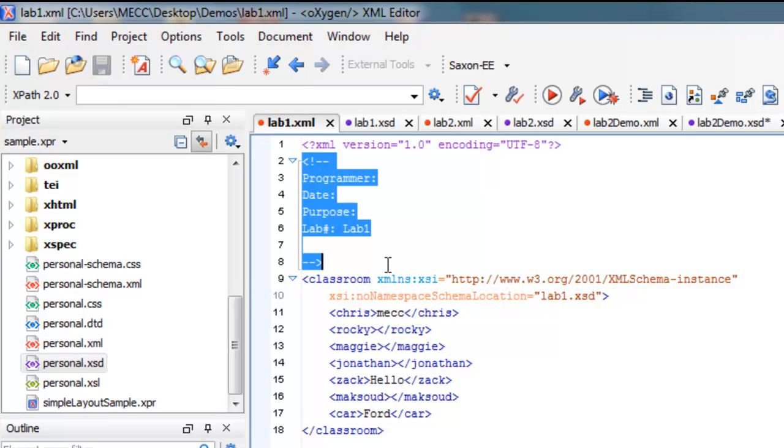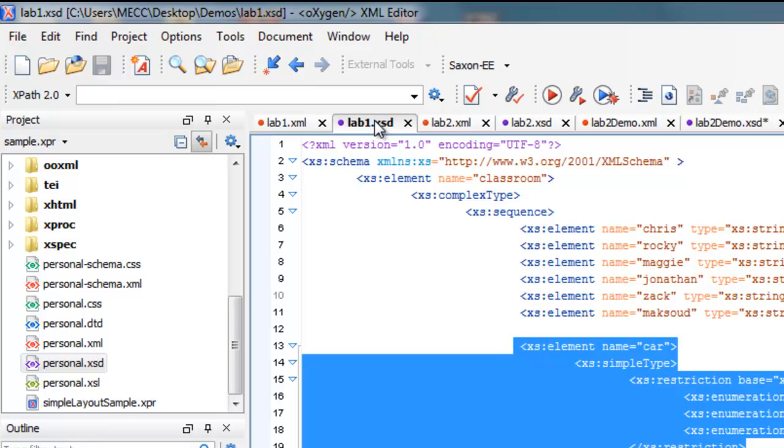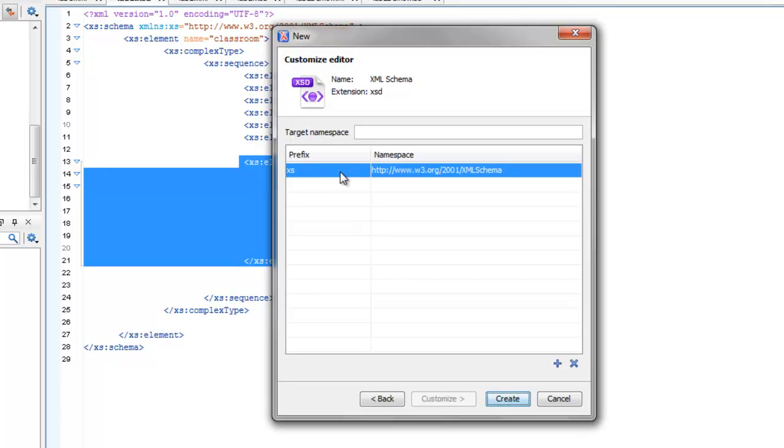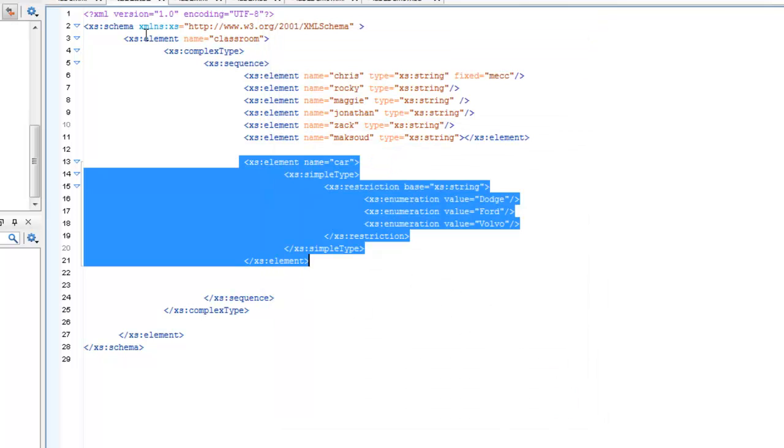If you remember from last time, we created lab 1 schema. How do you create a schema? You go to new and then you choose schema. Make sure that you click on customize and choose the default namespace, which is already supplied to you by Oxygen XML. I hope that all of you already installed this application, and the prefix that will be used, XS. Once you click create, you will get a file here with XML